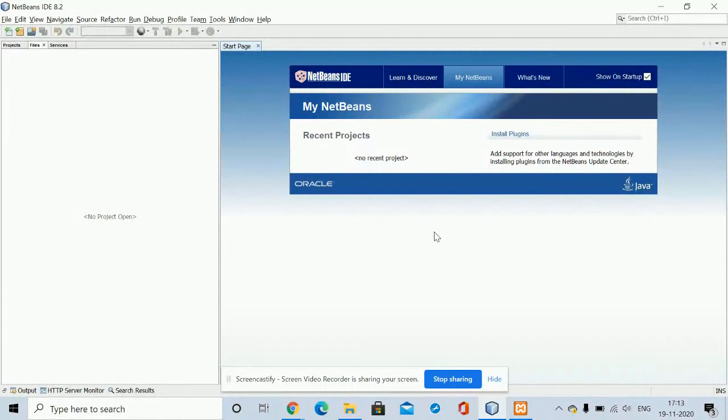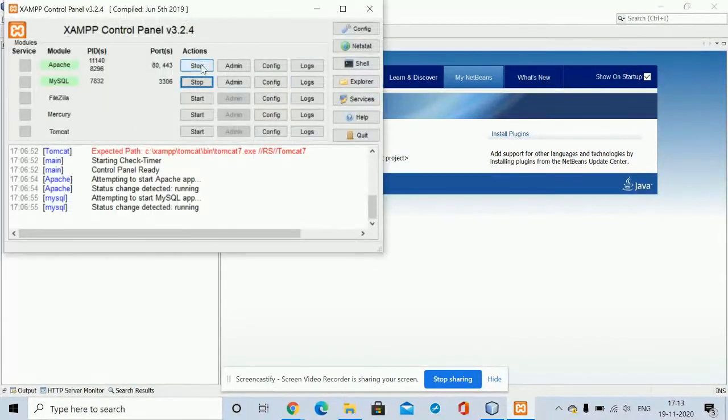So let me tell you the NetBeans version I am using right now. You can see I am using NetBeans version 8.2, so for configuring the project you must have NetBeans 8.2 on your system. The second thing I'm using is the Jam server. If you don't have it, download and install the Jam server on your system. Without the Jam server, you will not be able to run the project because I'm using the MySQL from the Jam server. If you have standalone MySQL, you can use that also. But in this video, I'm showing you how to configure the project using the Jam server and the NetBeans. So let me start.